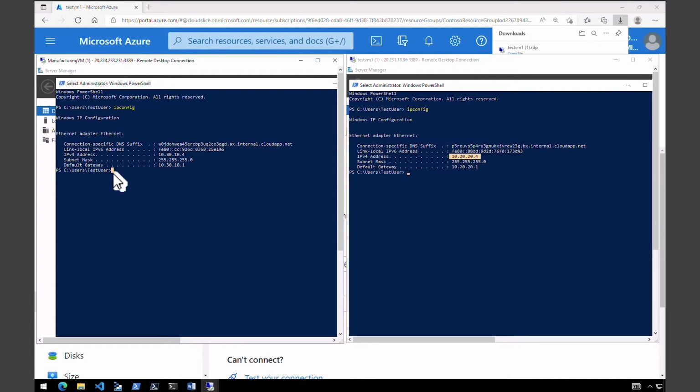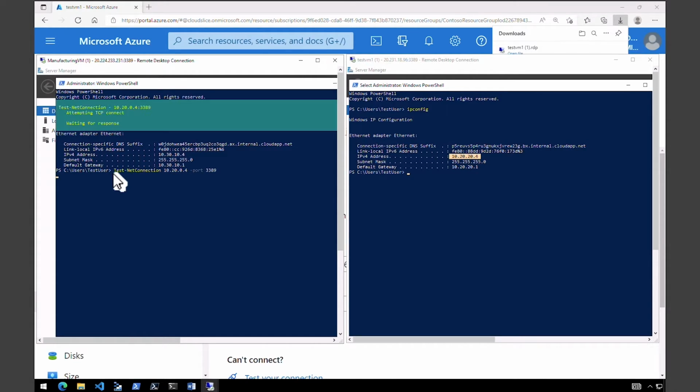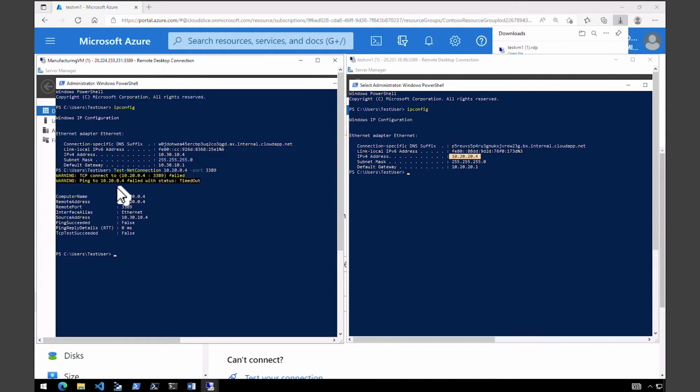So on the manufacturing VM, I'm gonna try to connect to the VM1. Type in test net connection, the IP address of the first VM, which is 10.10.20.0.4. We're gonna connect via port 3389. Now it is testing the connection or attempting to connect via TCP. We should ideally get a test connection fail message. So the message here is TCP connect to the virtual machine 1 is being failed because there is no connection between these two networks. If we try to do the same connection on the other virtual machine, we should get the same